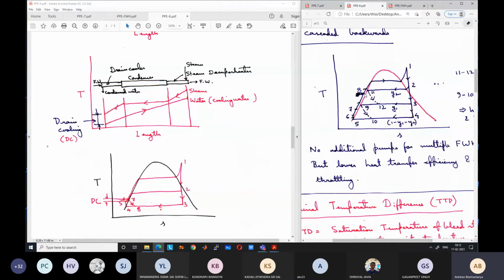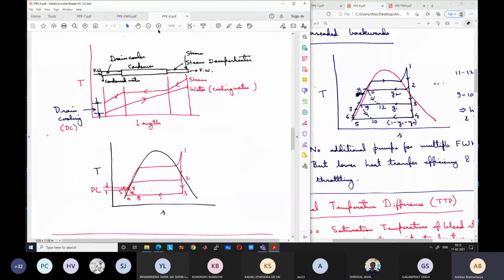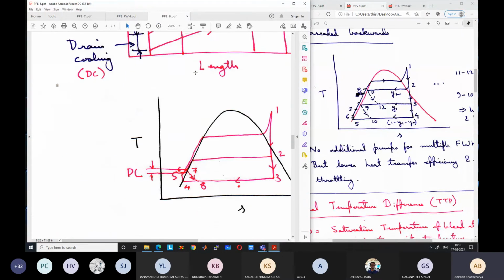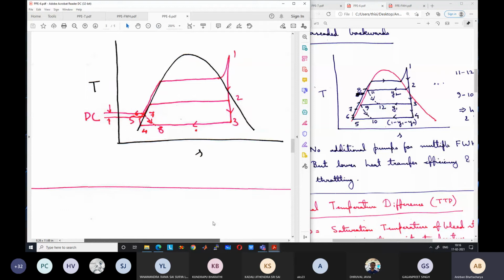So the entry to the next stage will not start from this point, the saturated liquid point, but from some subcooled point. This is what I have shown here. It may be slightly difficult to see because the diagram is very cramped up. But what happens is that you go from state 2 to the saturated liquid state, but do not stop there in the feed water heater. You further lower the temperature, further extract heat from the liquid water, so that its temperature goes to some temperature T7.